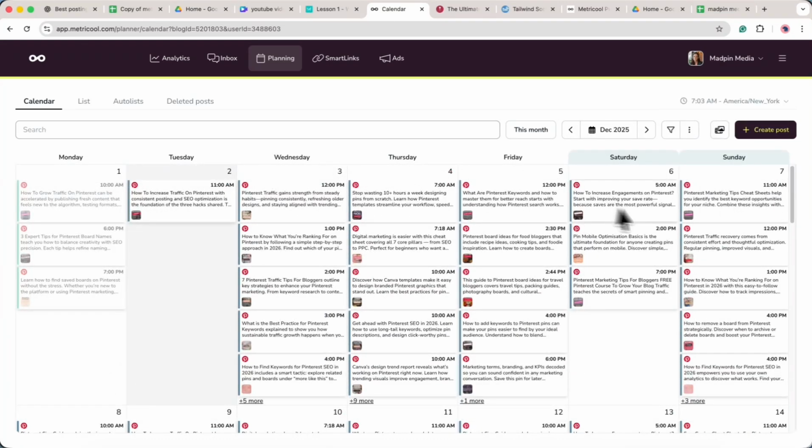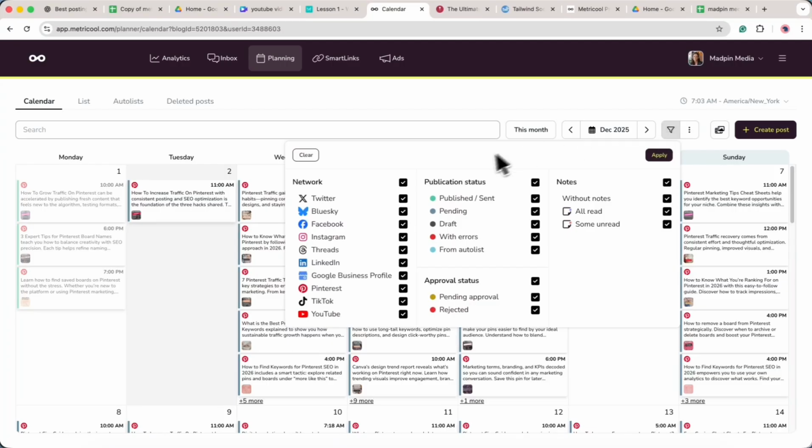Another way you can look at it is using these filters in here. So you click on filters. If you want to see any posts that were stuck in a draft, if you get some errors, Metricool will leave the post in a draft and it will ask you to publish it, or it will also show you specific errors that you need to